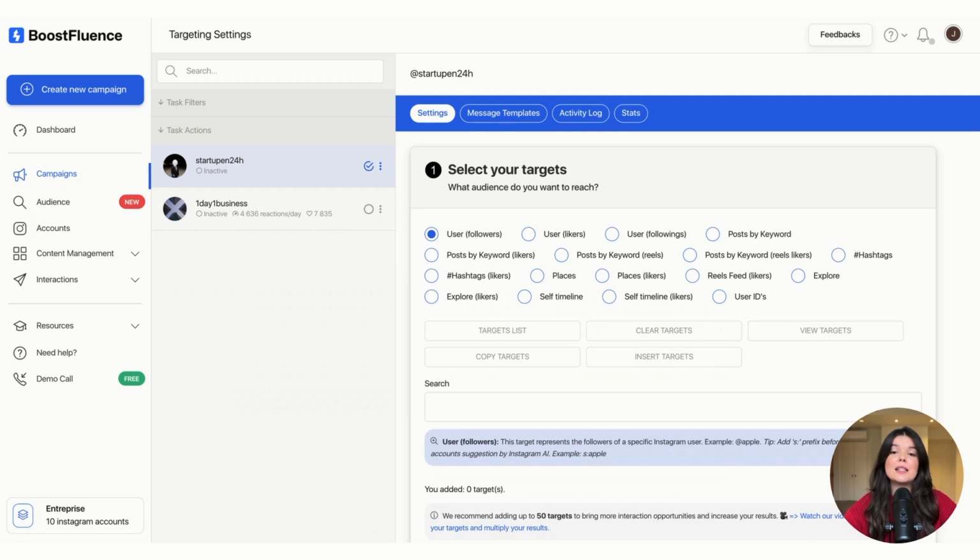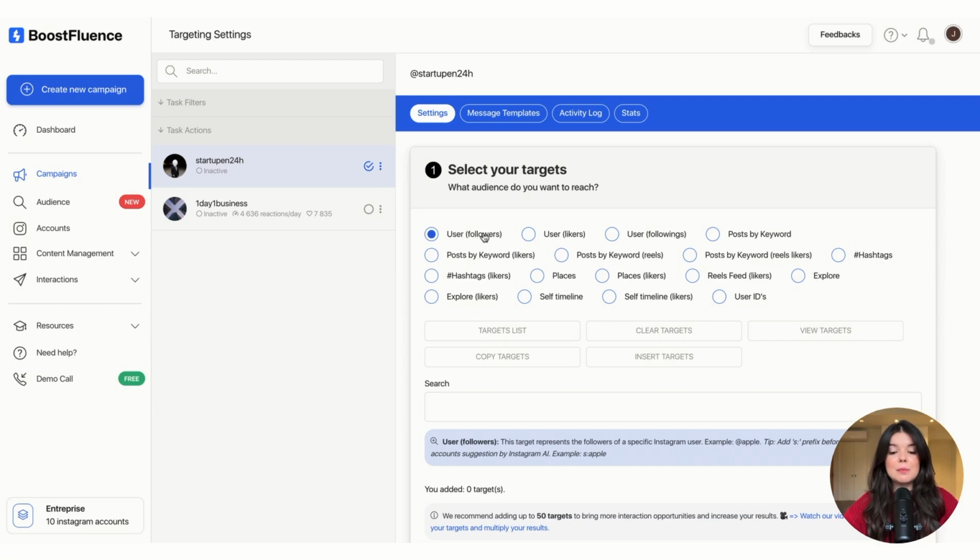It's Instagram accounts in a similar field or with the same interests as you. So, for example, I'm going to launch a campaign with my Instagram account that is about a startup. So, I am going to target other accounts that also talk about startup, that also share content in this field, people that are building businesses, people that are in the startup world. So when I select a target audience that is similar to my content, I'm going to be interacting with people that already have similar content to mine, people that are interested in the content that I talk about, in the things that I talk about, in the products that I sell.